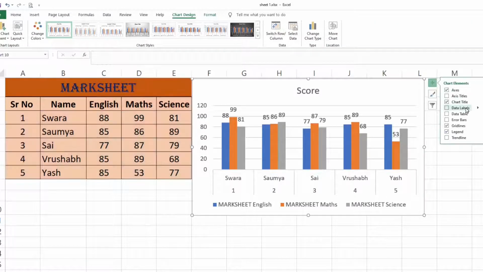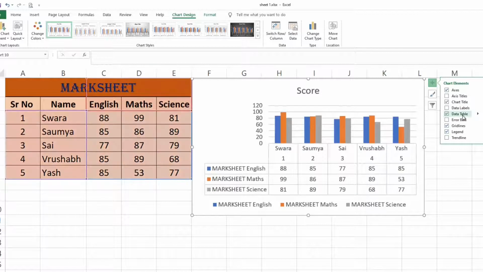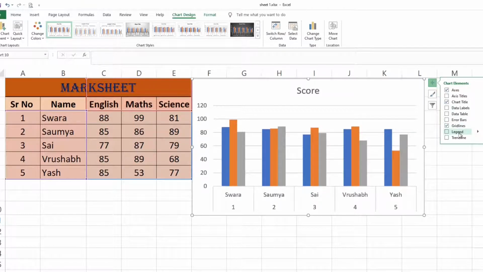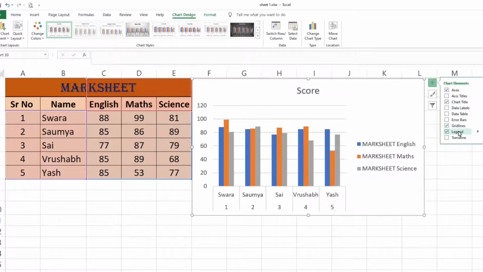Then data labels. The marks of student will display at the top of the bar. And data tables means whatever our data that will display in the chart area. Error bars and grid lines. Legend. Legend is the box of information.